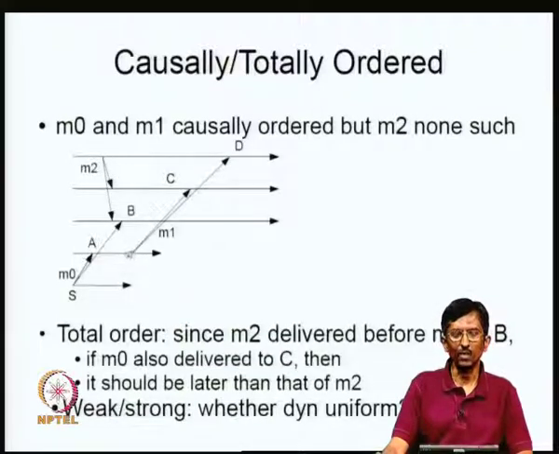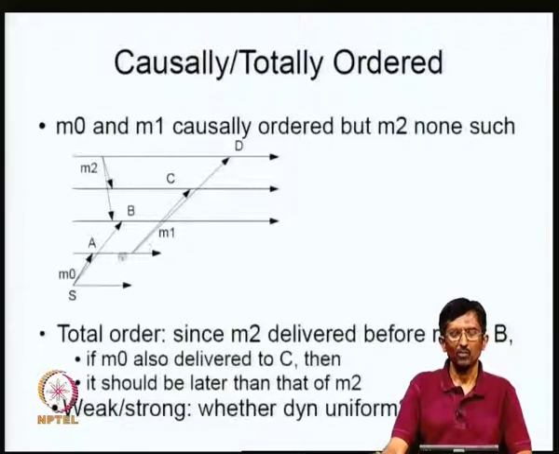Now, the thing is, this may be causally related to A or may not be. For example, this could be something and this completely independent, but our distributed system, not having this application semantics or higher level knowledge, has no way of finding out whether this is actually independent of this. All we can say is that as a person standing at A, we know that this happens later than A. So, a safe assumption is that this is somehow connected with this. It may not be true in principle in all cases, but it is a safe, conservative assumption.